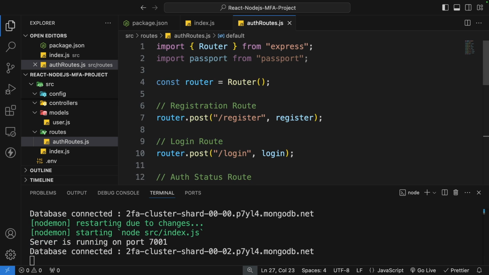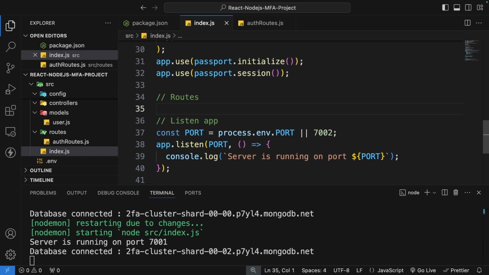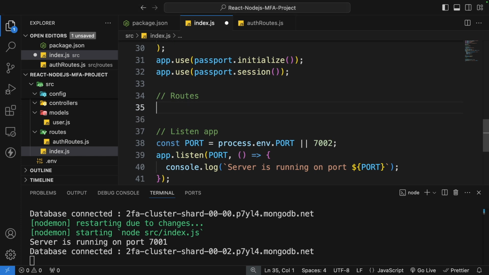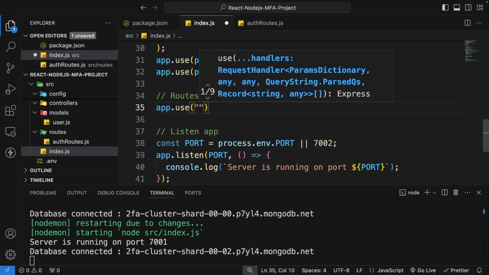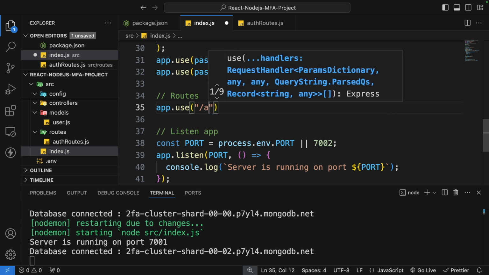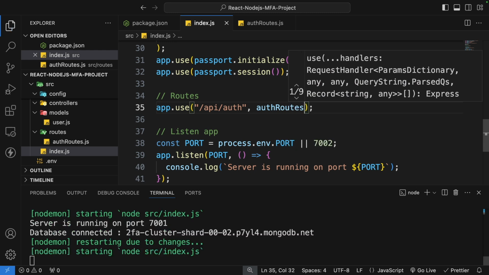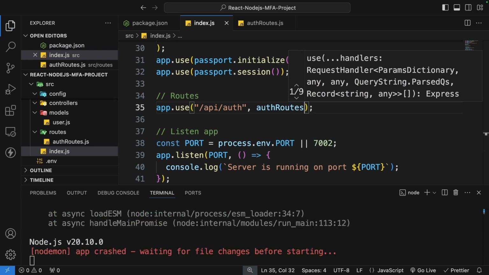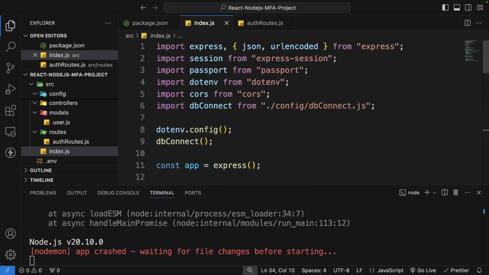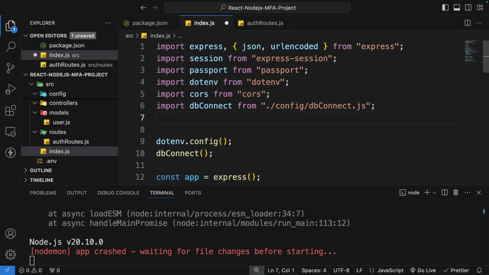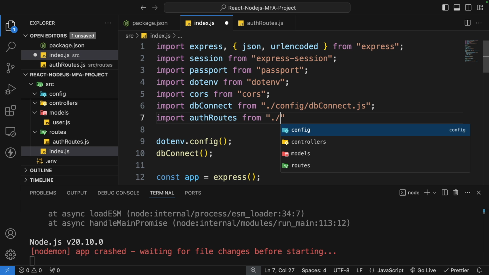Now we can just import the router into our index.js. So I will go to the index.js, and here I will have the app.use, and here we will have the API/auth, and then we can just provide the auth routes. All right, we need to import this auth route. So let's go and import it. So I'm going to go here, and here I can import. So I will have import auth routes, and this will be coming from the